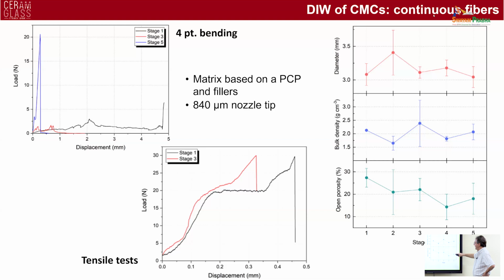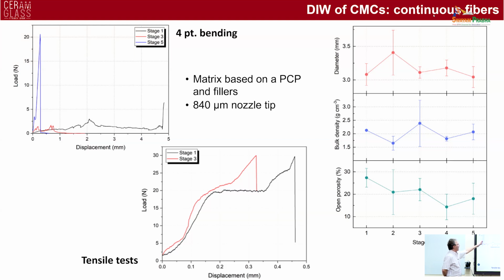And you can see that with infiltration, you can reduce the porosity within the material by about half. And if we look at the different mechanical behavior after no infiltration, after 2 infiltrations, and after 4 infiltrations, you can see that besides reducing the porosity, something else happens. So the sample that had the least amount of porosity